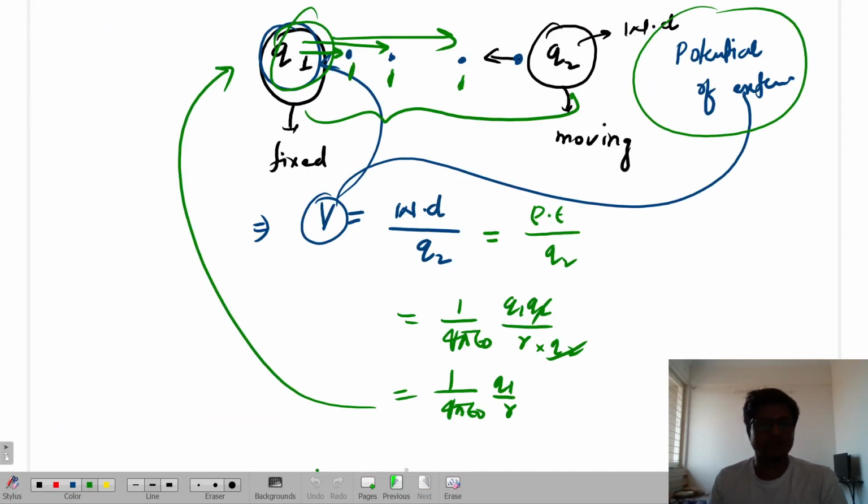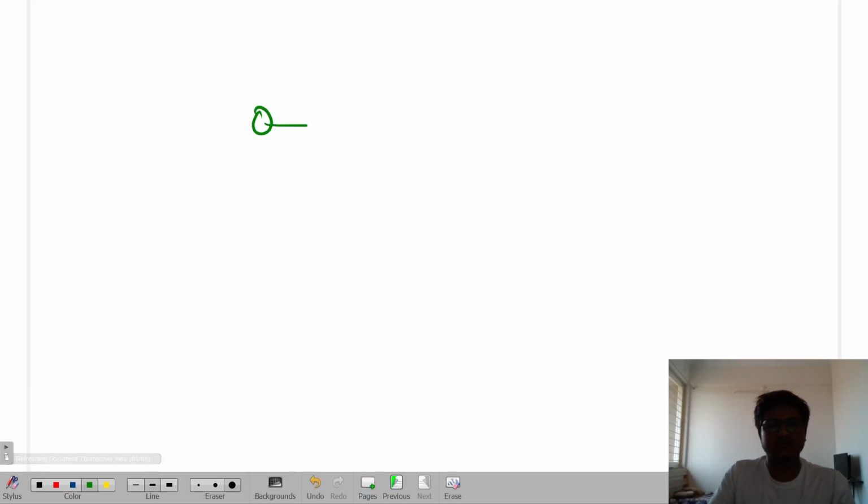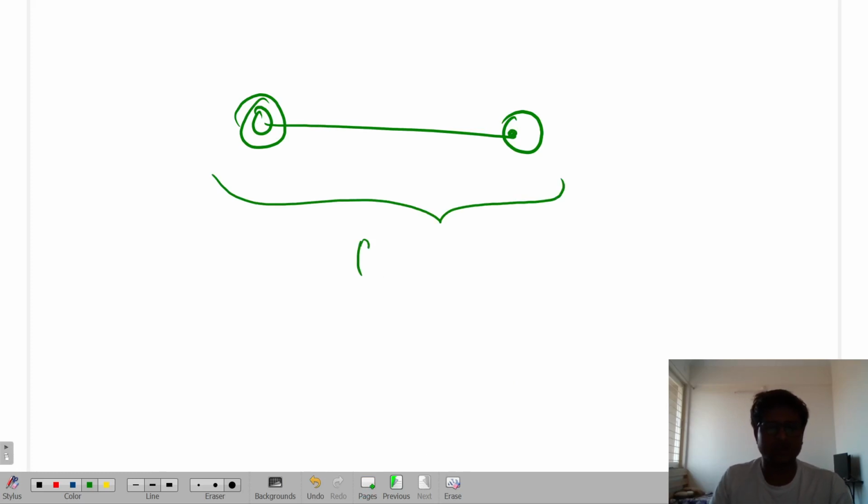Okay, so suppose there is an example: two buffaloes tied together like this, there are two cows which are attached together. So when I talk about the whole system, then I will talk about potential energy. When I talk about which one is pulling farther and which one is affecting what, then I will talk about their ability to affect each other. Are you able to get me?